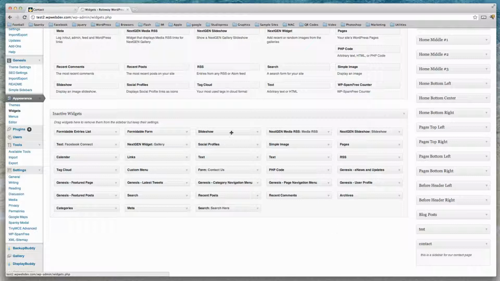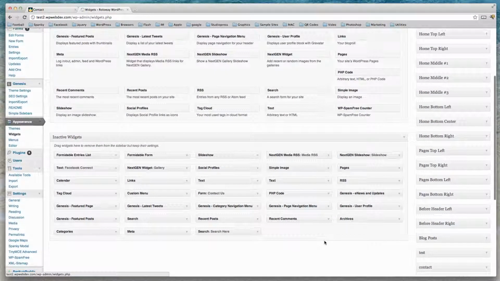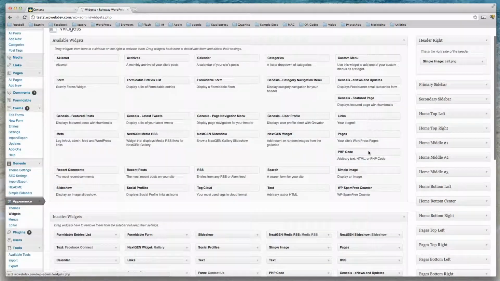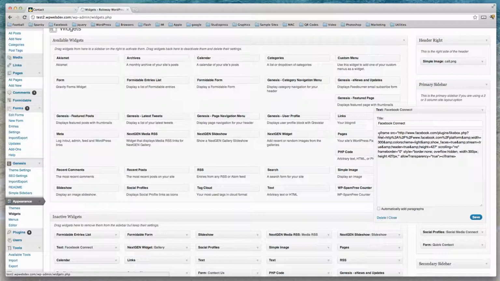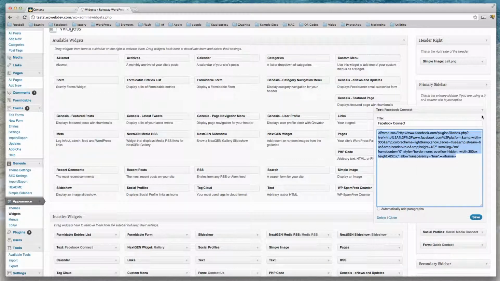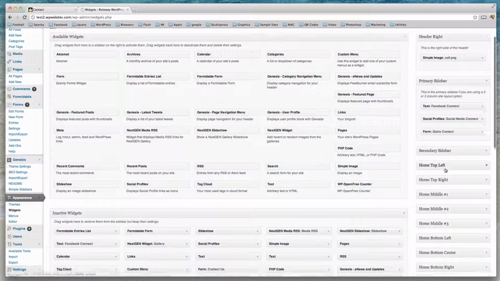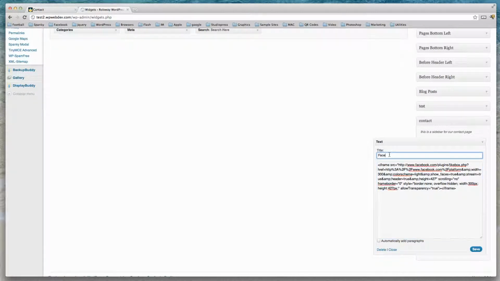So we're going to add a text widget here, which of course has nothing in it for the moment, and because on the primary sidebar, which is the default, we know the Facebook Connect is there, we're going to copy that content, and we're going to come down here and paste it, and give it a title which is Facebook